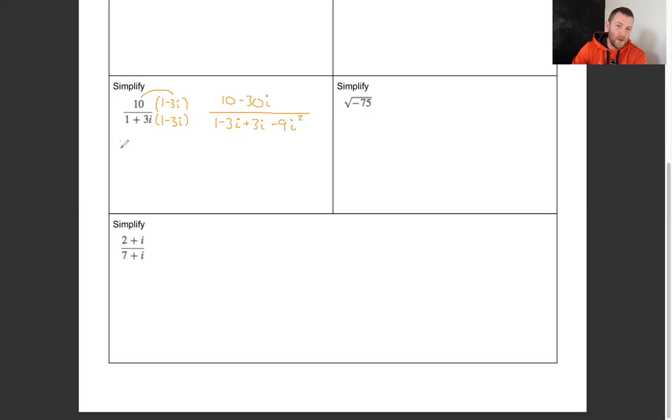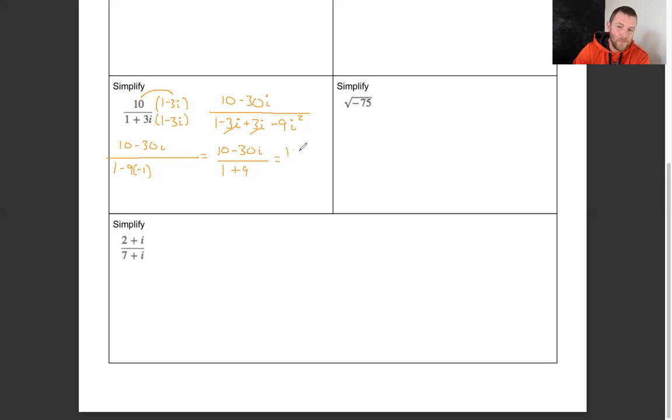Okay, I'm going to write the top again. We're not going to deal with that yet. 10 minus 30i. And we'll simplify the bottom. Minus 3i and 3i, those will just cross off. I squared, what's i squared? Negative 1. So it'd be 1 minus 9 times negative 1. It's 10 minus 30i still up top. On the bottom, minus minus makes a plus. So 1 times 9 is positive 9. So 1 plus 9,